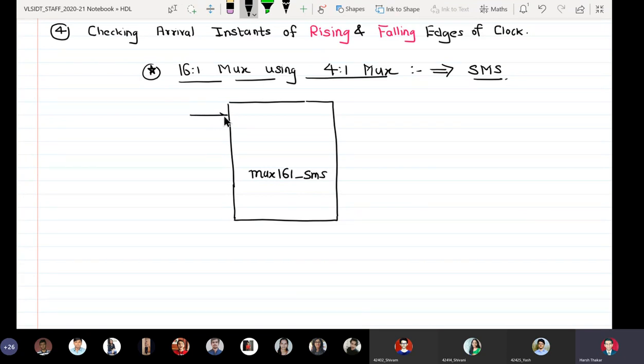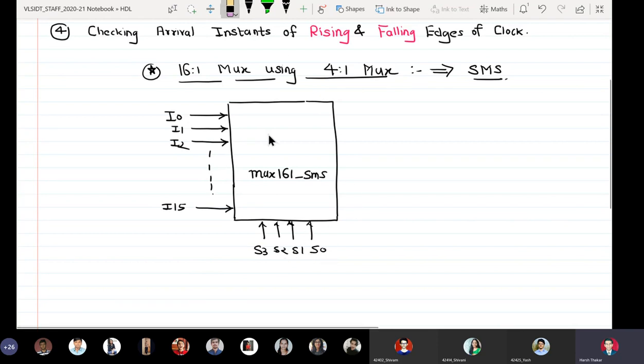Okay, and it is having 16 inputs, but I'm not going to write everything. So the first is I0, I1, I2, and I15. Similarly, I have 4 select lines. S3 is the most significant select line, S2, S1, S0.